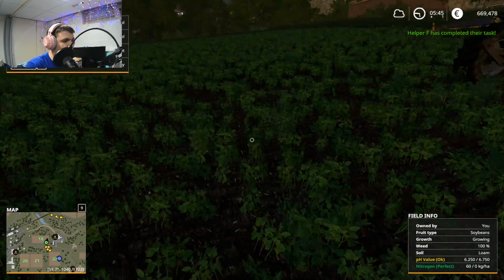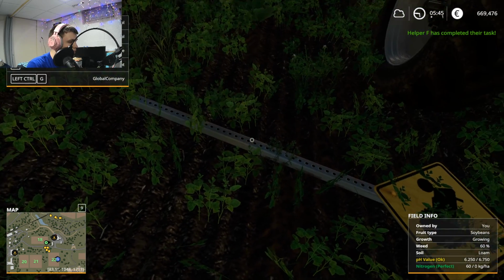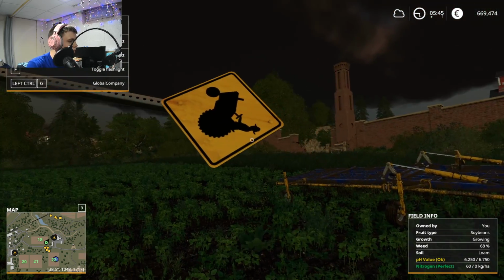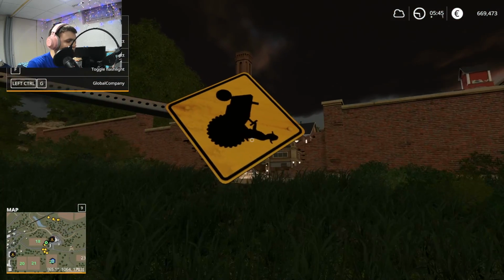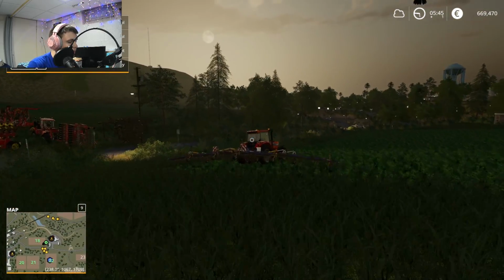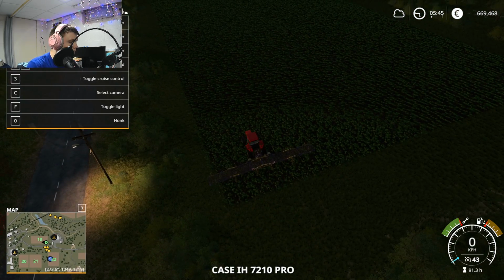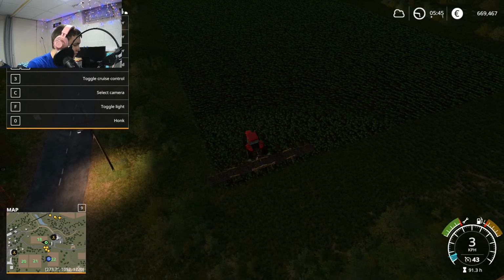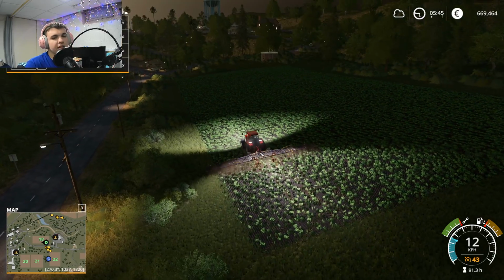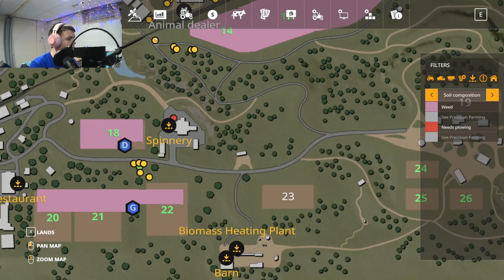See, just like in real life, even in Farming Sim, you have to pick up some of the trash that can get stuck in the mechanisms, i.e. a sign. So, you know, that's... Yeah, that happens. Anyways, so, right, today, let's go